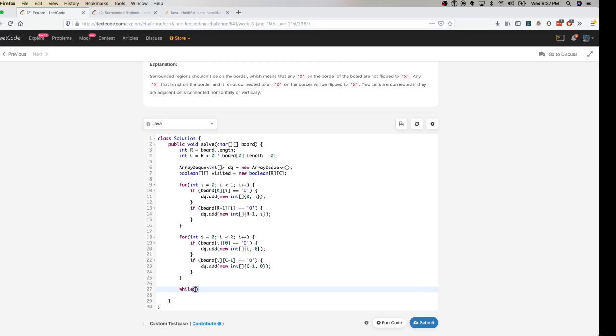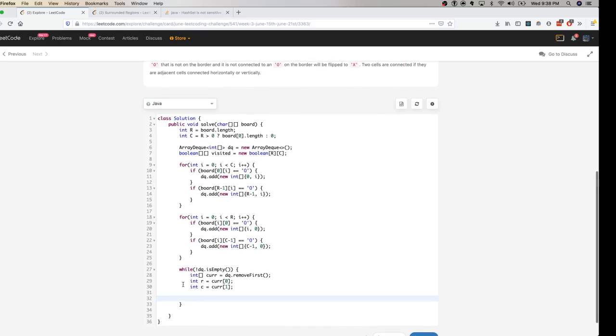Alright, so while performing the BFS pattern, you basically would iterate until the deque is empty, right? So that's what I'm trying to do here. So this would be my current position when I remove from the deque. Let me name that R, which is nothing but current of 0, and C, which is nothing but current of 1.